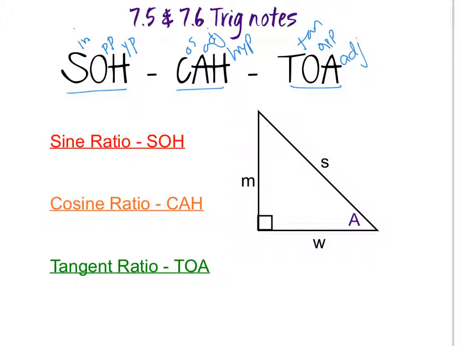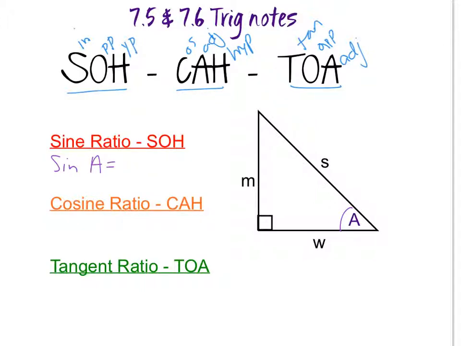So when I'm looking at this first sine ratio right here, to figure out the sine, I have to know what angle we're talking about. We have a right angle. So the time we use this is if we have a right angle and we know one angle, we can figure out any of the sides. So I'm going to say sine of the angle, which is A,